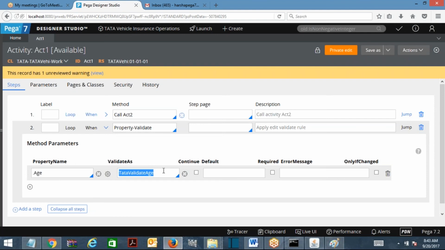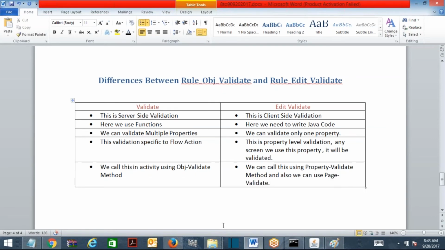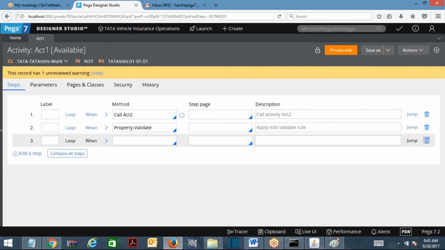So if you want to call an edit validate in an activity, you will be using property validate, and also we can use page validate. Look at here, there is another method called page validate. These are all important for the interviews. Page validate, you will specify some step page.